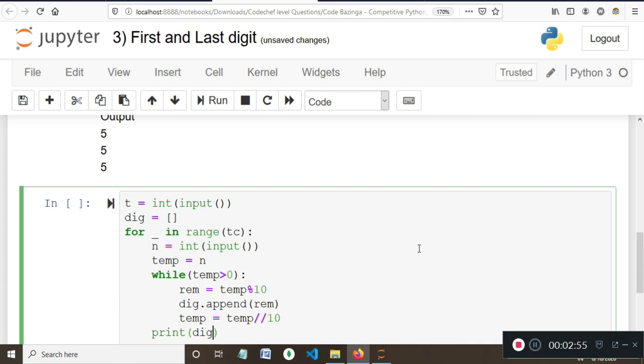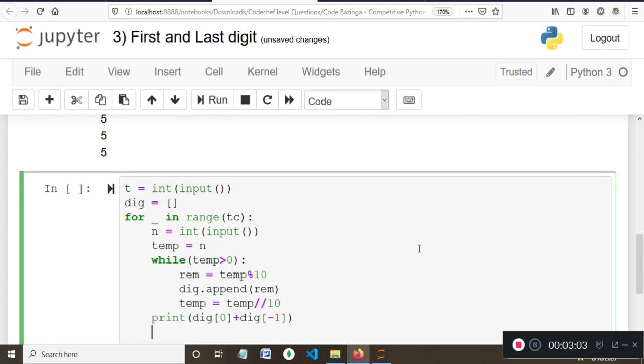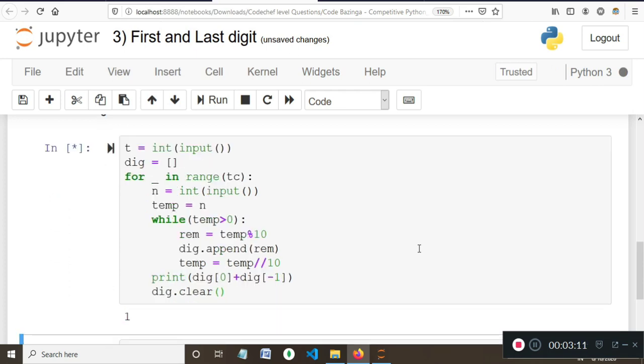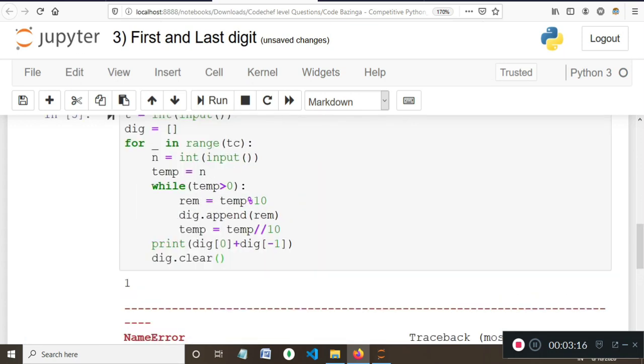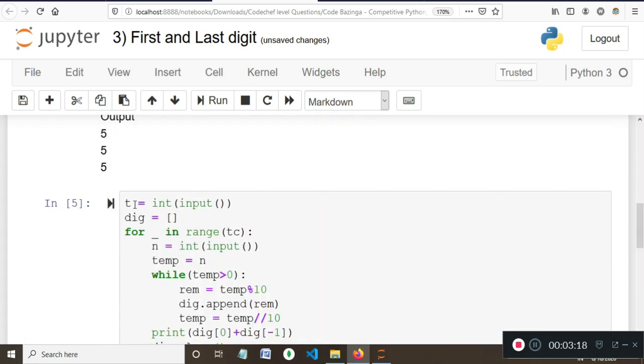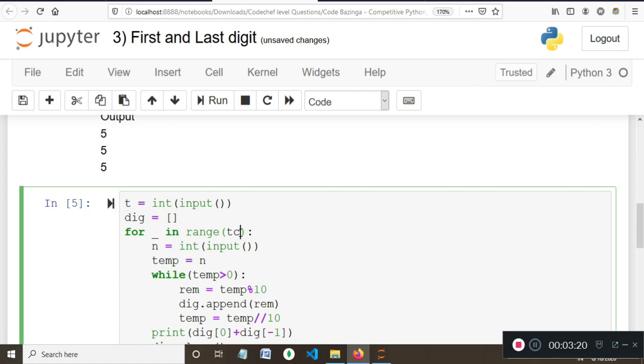Now what I'm supposed to do is simply print the sum of first and last digit, and I'm clearing the list because I've initialized it in the beginning. Now let's try for one sample case. Okay, tc is not defined. Here I've used the variable t and here I'm using tc. Okay,